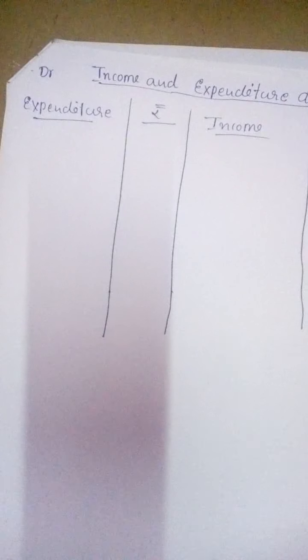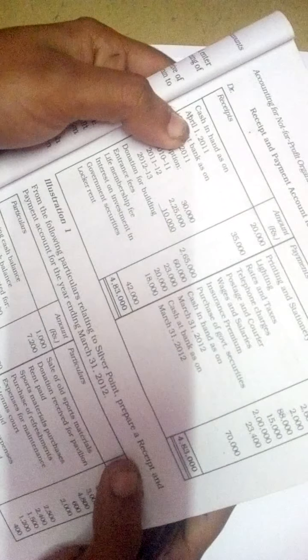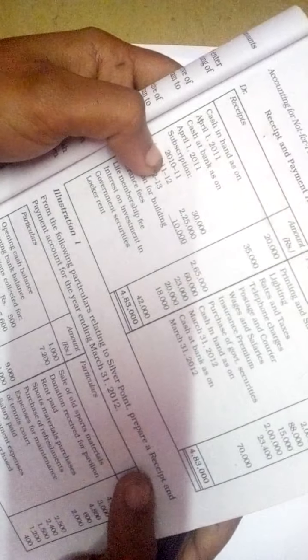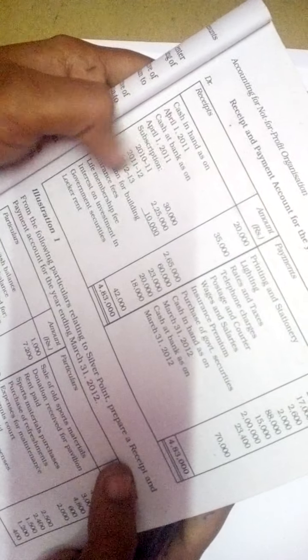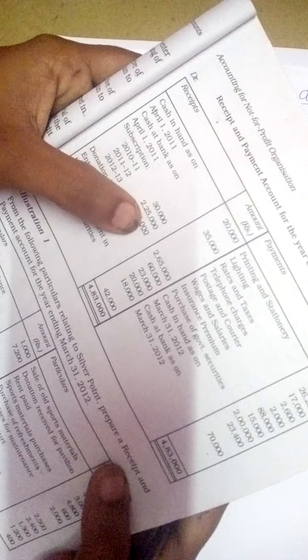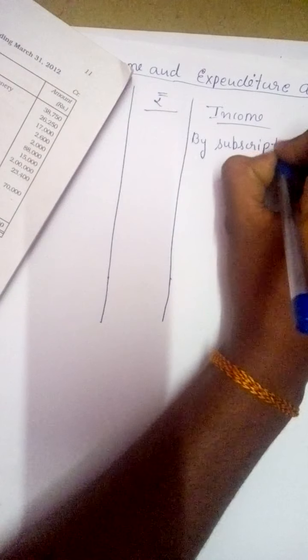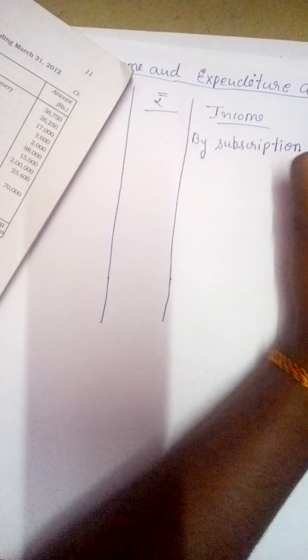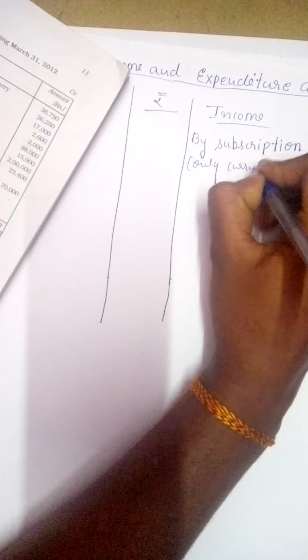So first, here is the receipts and payments account. We should exclude cash in hand and cash at bank. Then next is regarding subscription. Only the current year subscription we need to write down. So all the items which are there on the receipt side, at the time of recording them in the income and expenditure account, become the credit side. So to subscription now becomes by subscription amounting to rupees 2,25,000, only of this particular year, only current year.